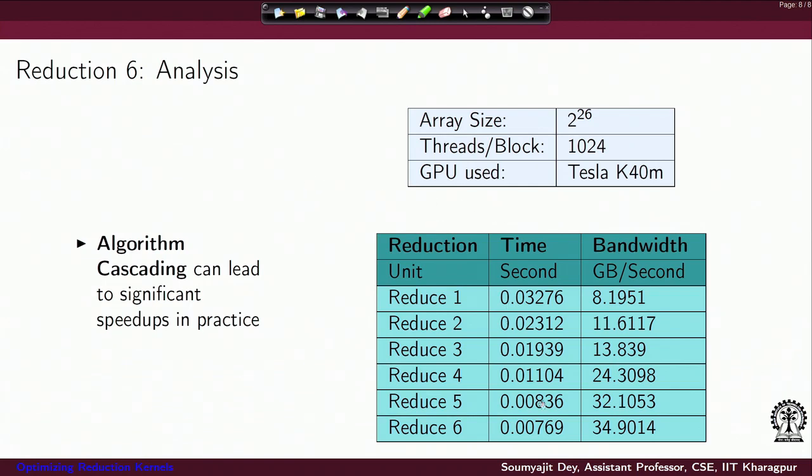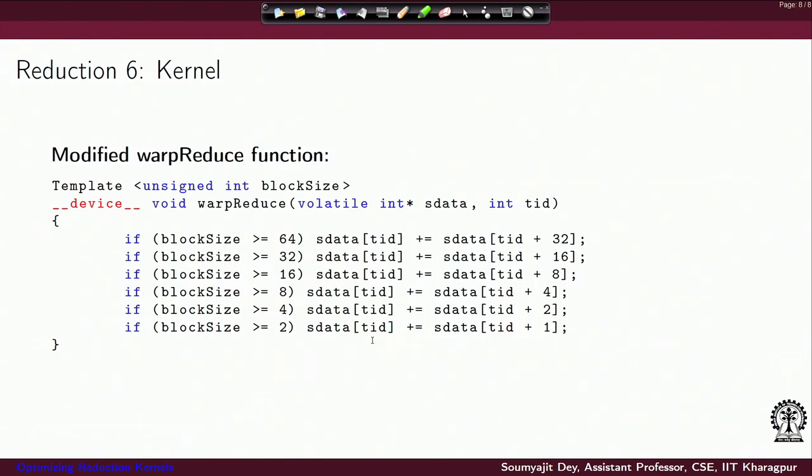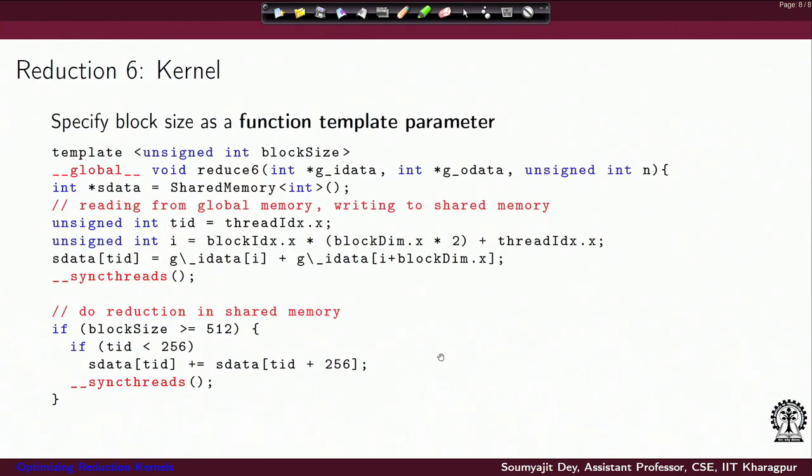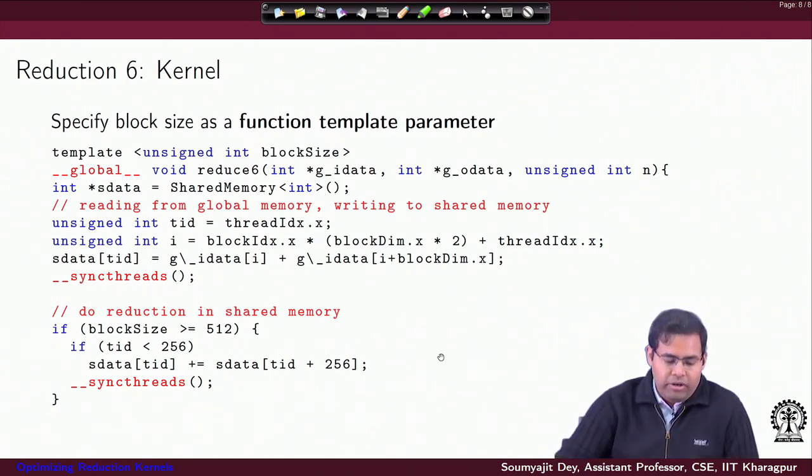If we do an analysis here, since this approach is able to remove the loop and just unroll the execution of the loop as a sequence of if blocks, it leads to further reduction in the execution overhead. I hope this is a bit clear to you. Just to remember, the point to be taken here is that the issue with unrolling is I do not know what my start size is. So, instead of writing a function, I write a function template where I give the start size as a parameter.